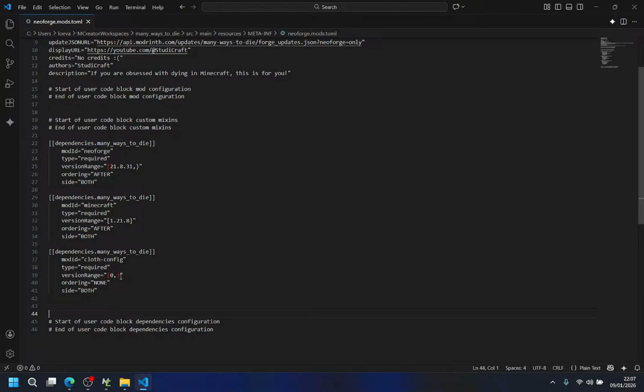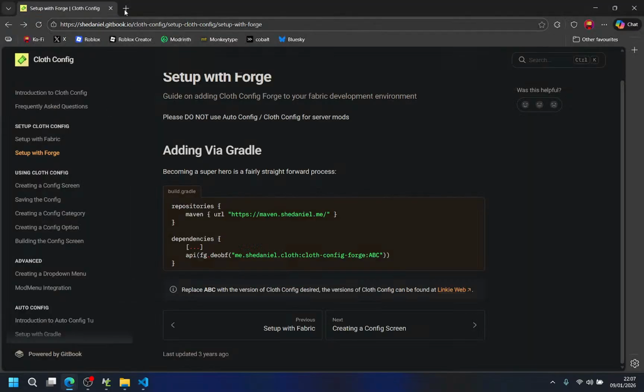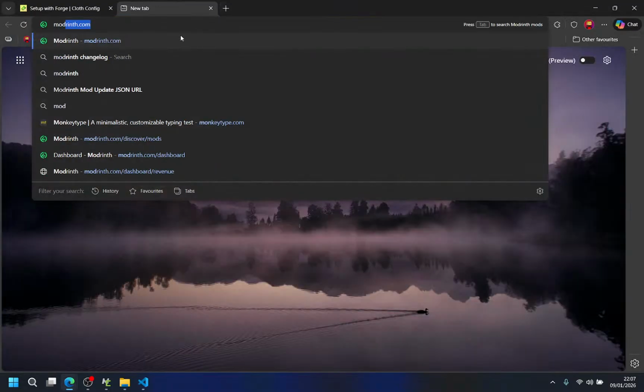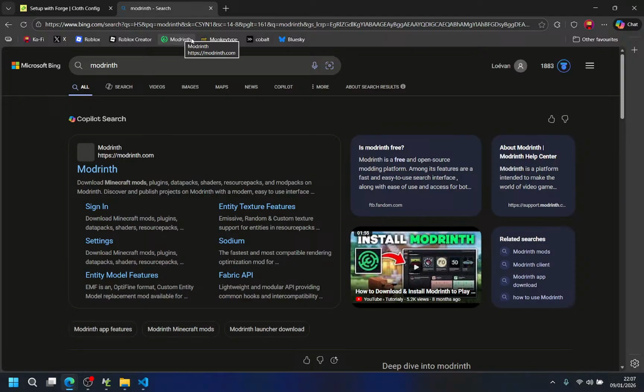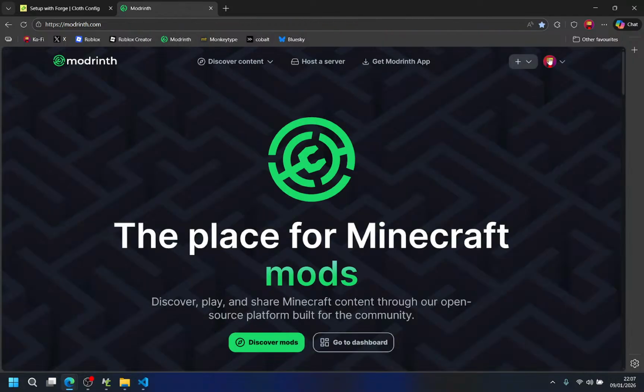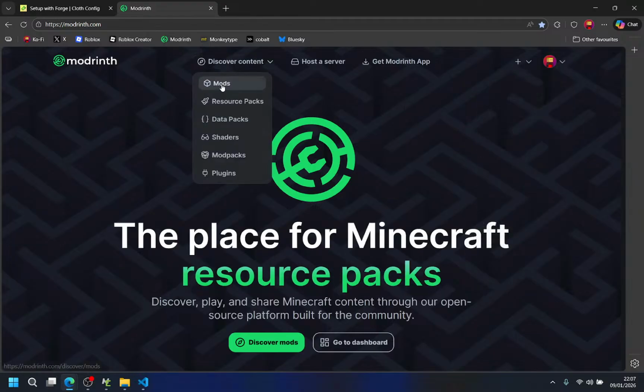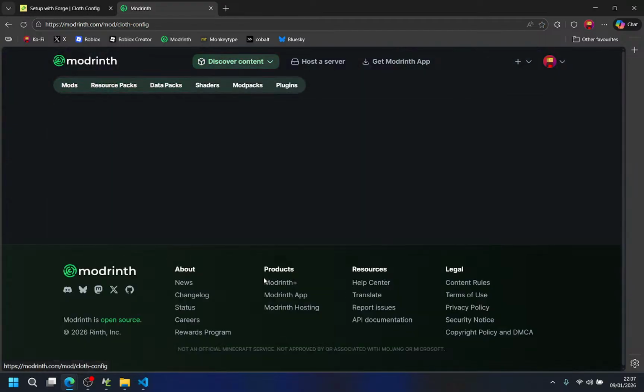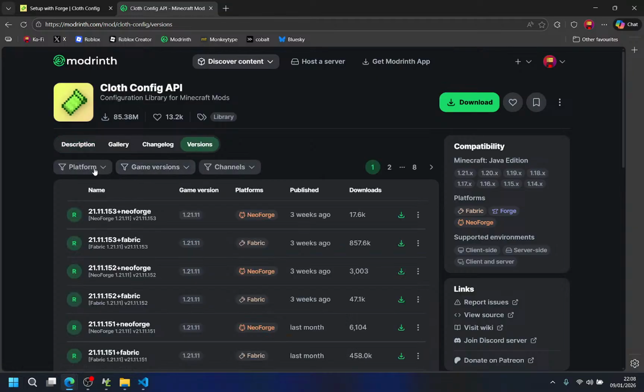My bad. Yeah, I'm gonna download Cloth Config and hope it works. If it doesn't, I'm gonna rage bait, like literally. Yeah. Mods. Cloth Config API. Versions.